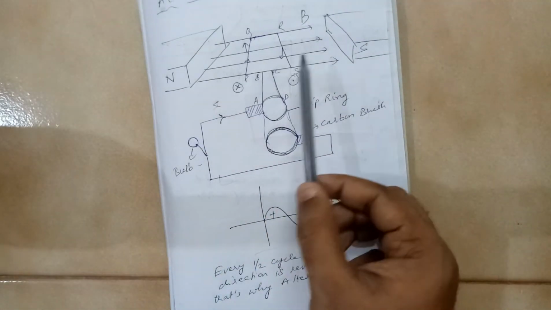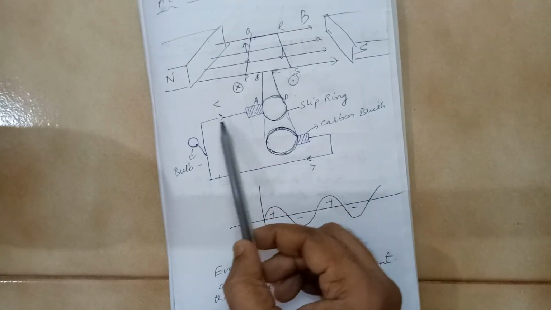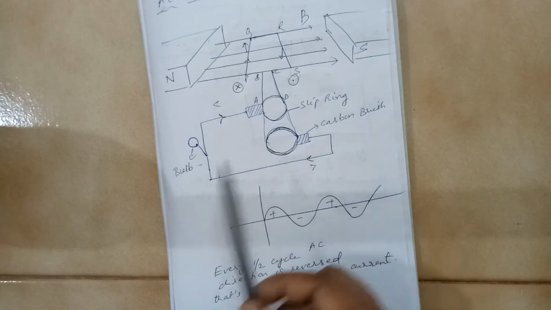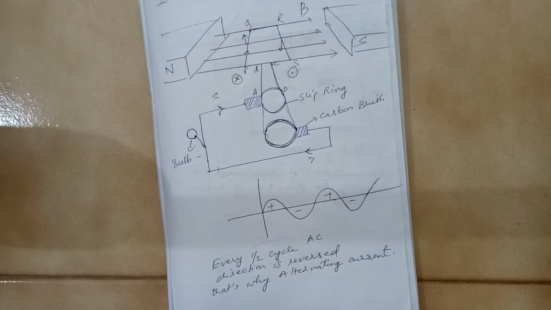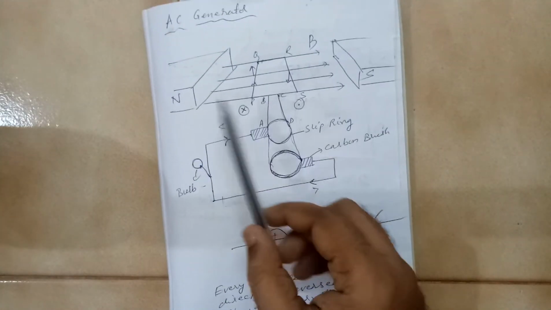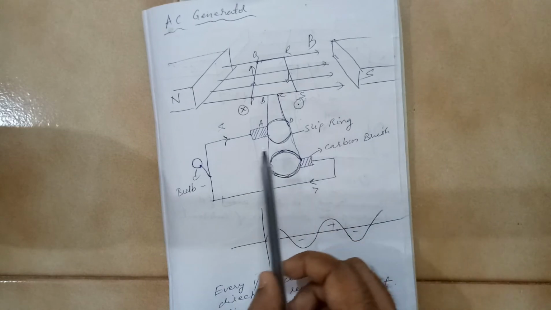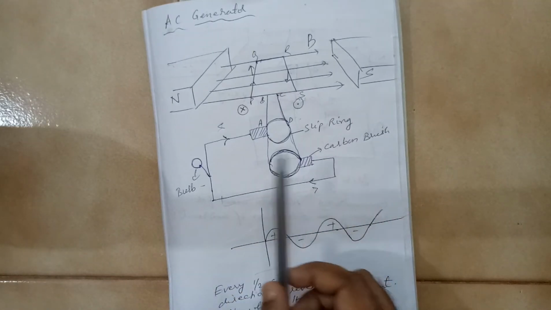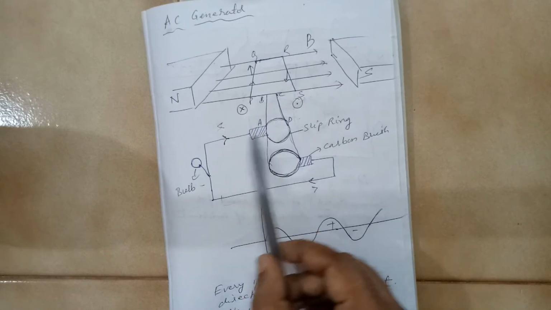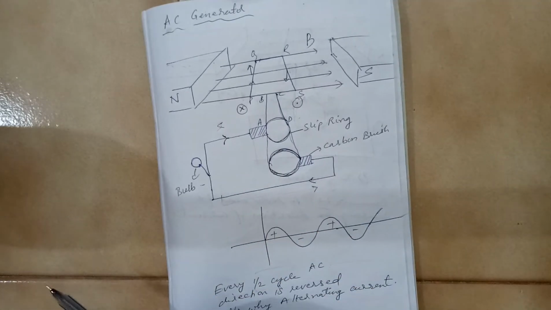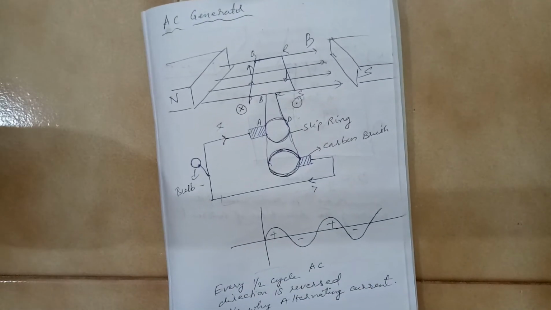But when you are rotating this, if you simply put a wire here, the wire gets twisted, isn't it? You cannot allow that kind of situation. This will be rotating, let us say, very fast. Then you would need a very long wire, or this wire also will be twisted up, because this wire and this wire are connected directly. You cannot rotate like that. The whole circuit will be twisted up.